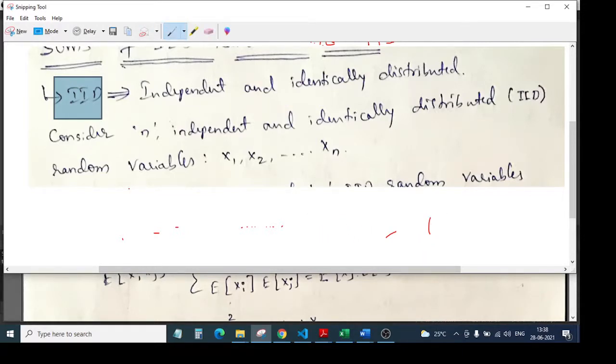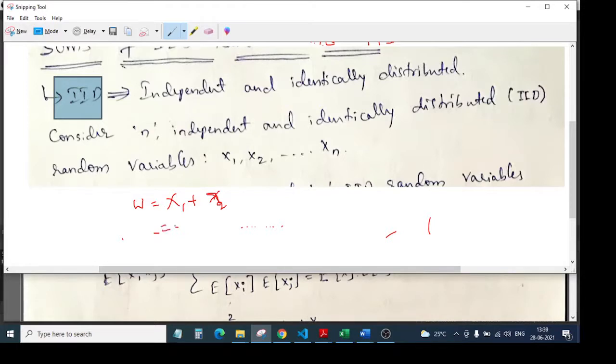So this is W, say I have two random variables, x1 and x2. So I am adding these two IID random variables, x1 and x2. Okay, fine. So what is happening now? I need to find its expectation. If I want to find its expectation, I just need to put this E sign in front, right?